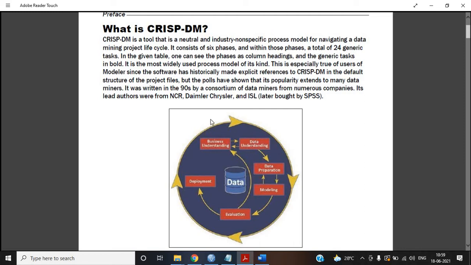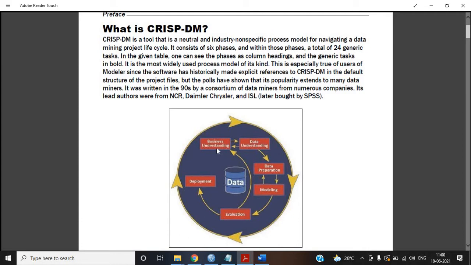So it provides a roadmap for what we are about to do. First we do the business understanding. In analysis, first you have to understand the business: what the business is about, what the expectations are, what the outcome will be, and what they want the outcome to be. First we have to understand the business before deploying, before anything else.